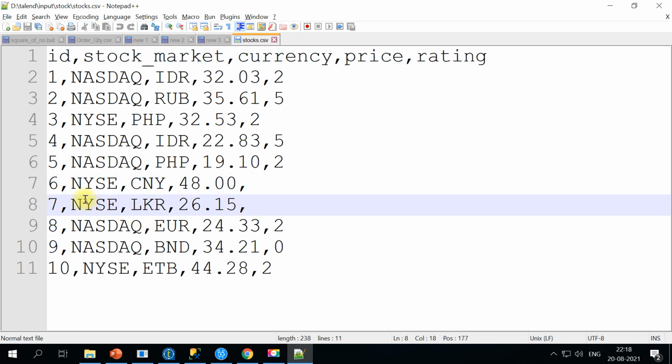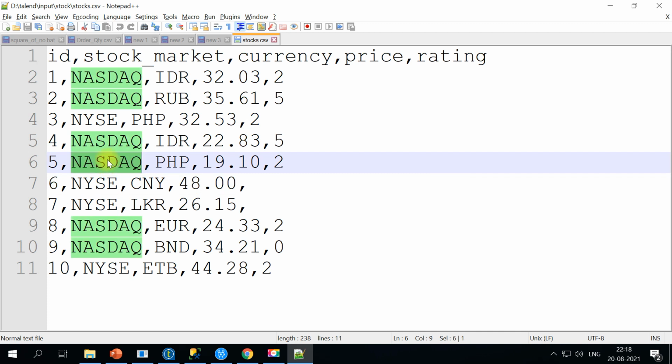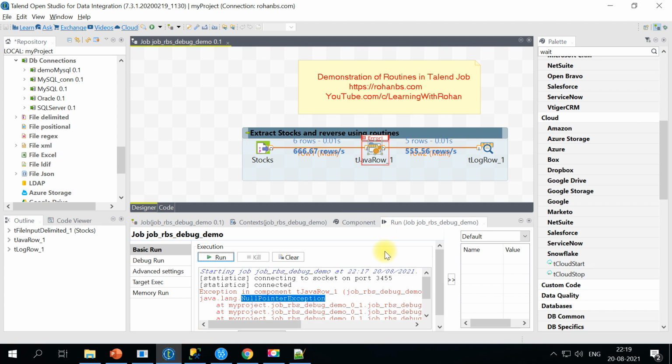But in your case, maybe if you are doing any transformation on this field, and if there is any special character, then that could be one of the use cases. The other use case is, let's say this field length is 6 on the target, but in your source you are getting 10 digits. Right, so there are several use cases for which you can run the debugger and find out the actual issue. Right, so let's see how this can be identified.